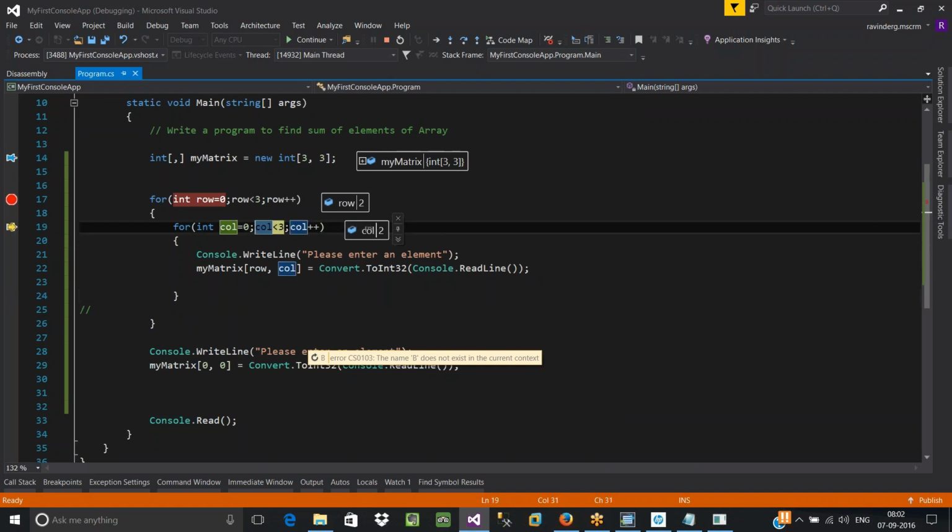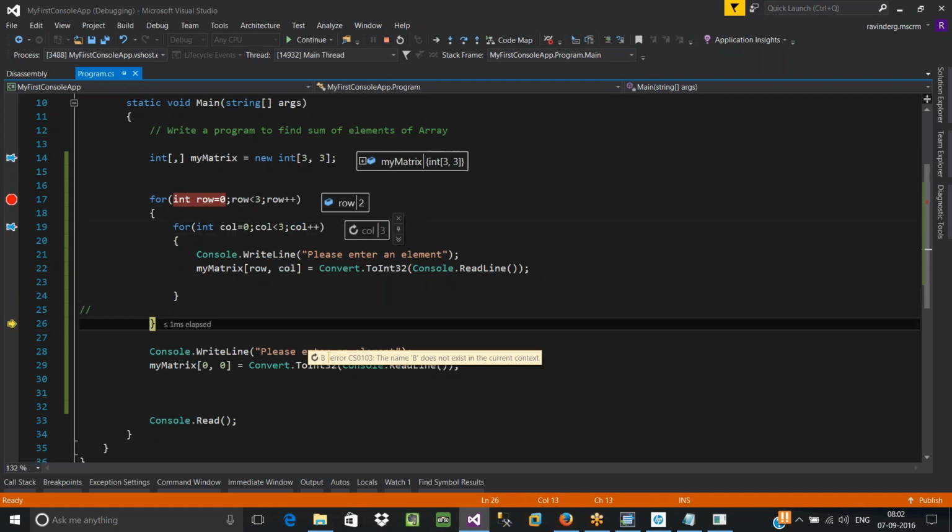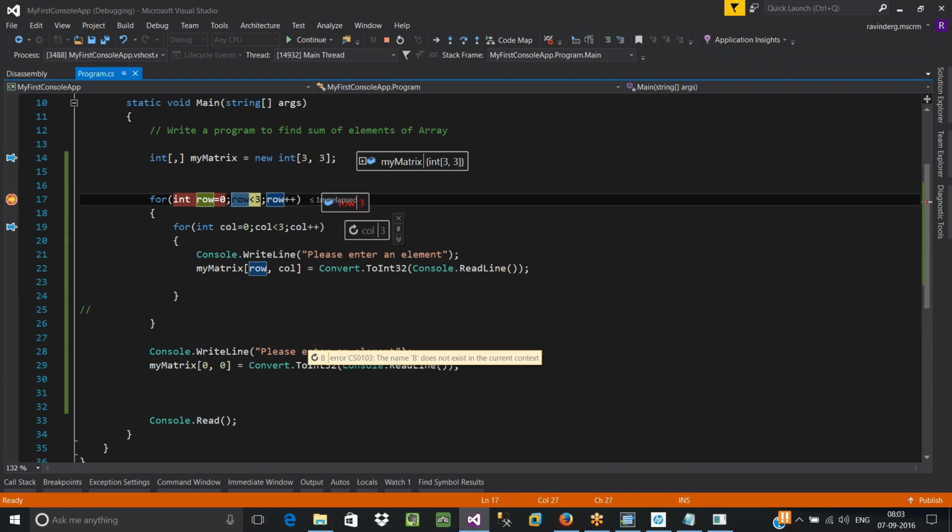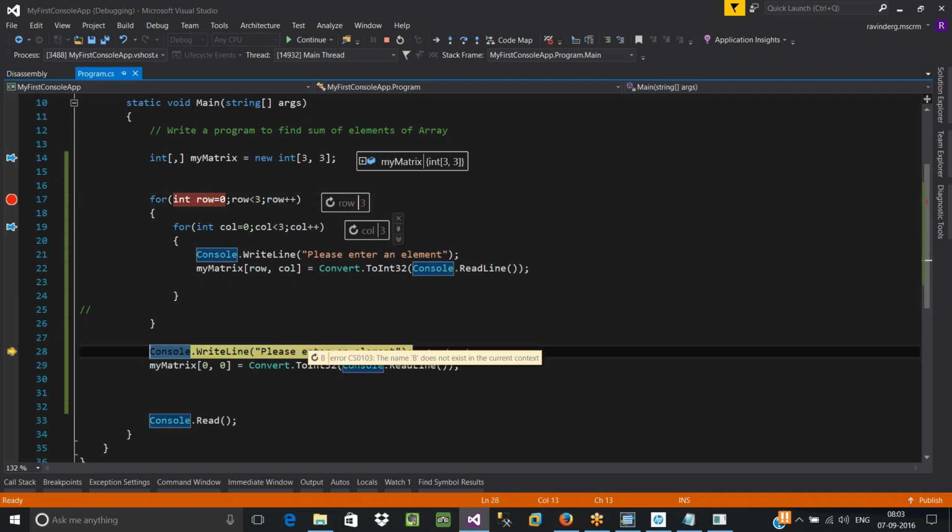So now column is going to be 3. It will come outside of the loop, and row is also going to be 3. 3 means we're at the fourth row. Is there any fourth row? No, we have only 3 rows. Thus the condition is going to be false. It came outside of the loop. Now you can see all elements filled in your array. Okay, so this is about the reading process of your array.